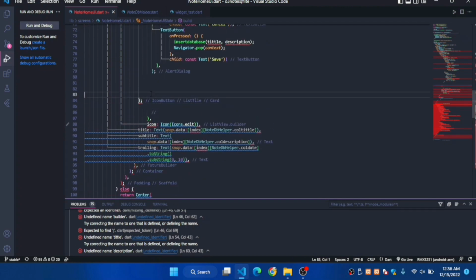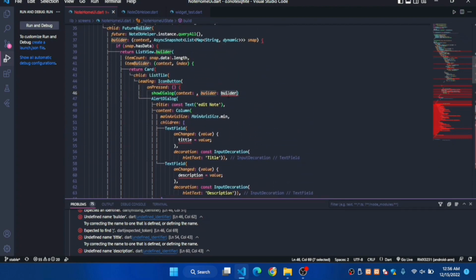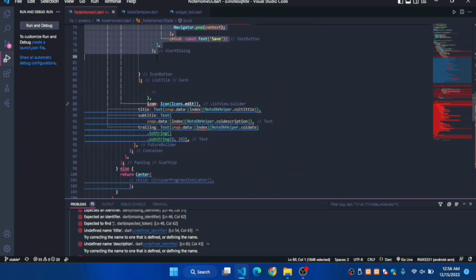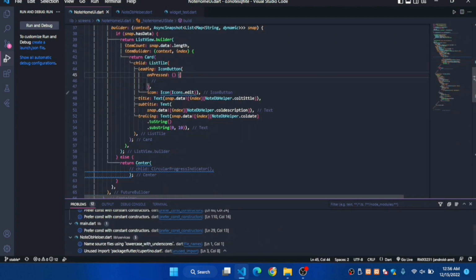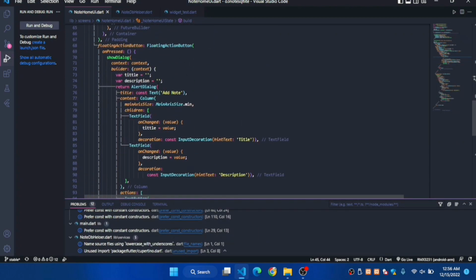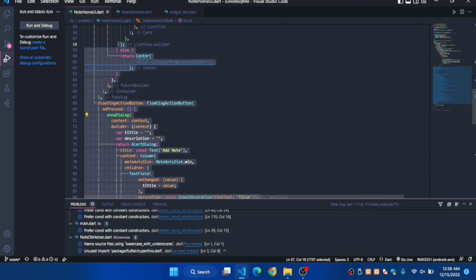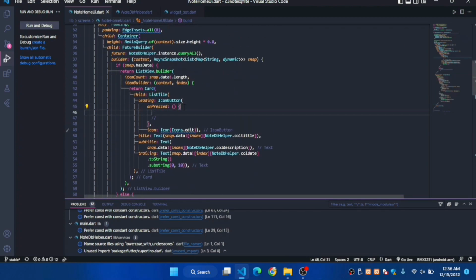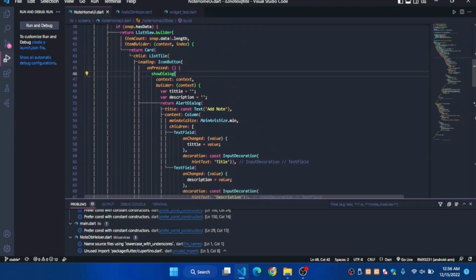Okay, I am getting many errors. Okay, let me recopy the whole code again. I am removing all the content from the onPress property, and I am copying the save button onPress property from the show dialog. Now I will paste it over here. Okay, now it is giving me no error,